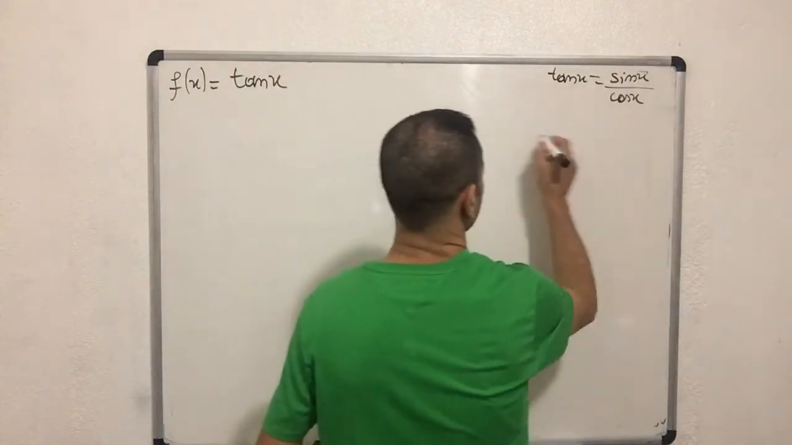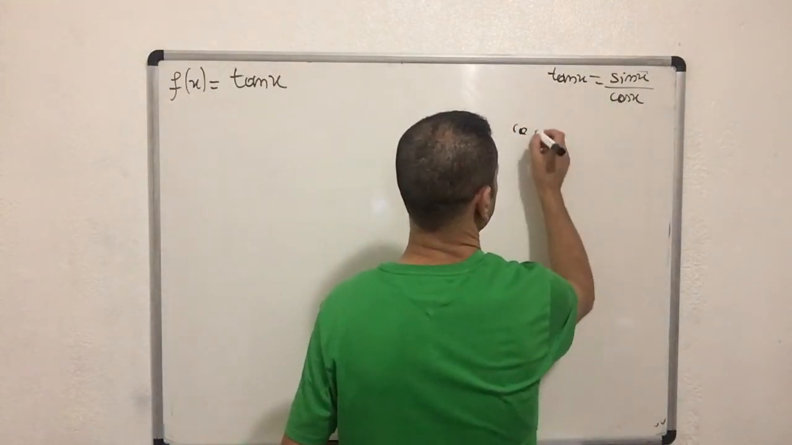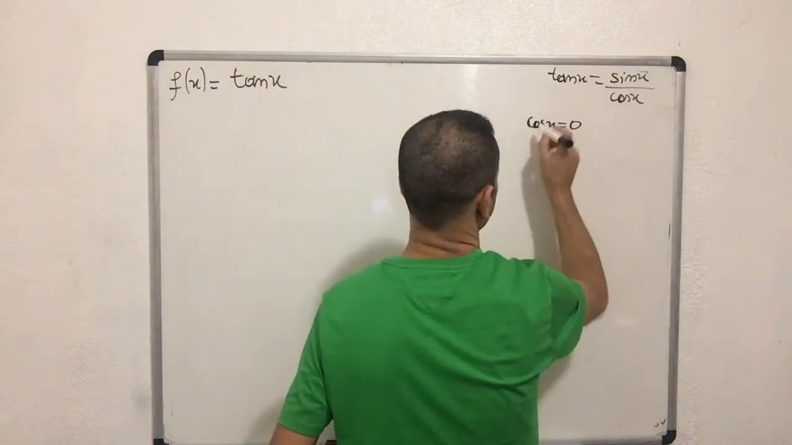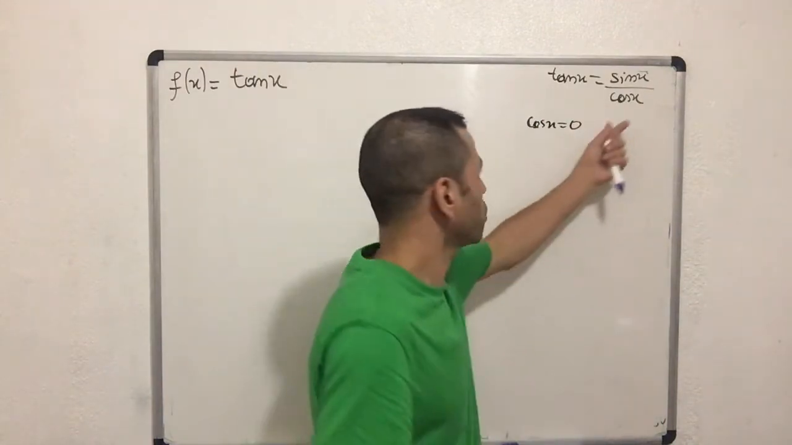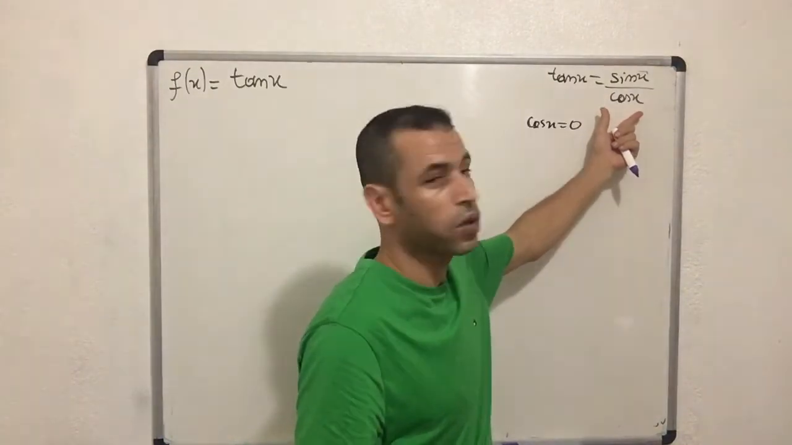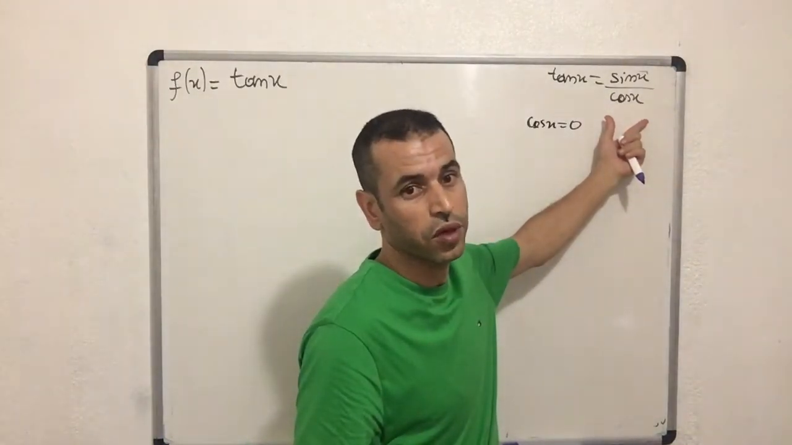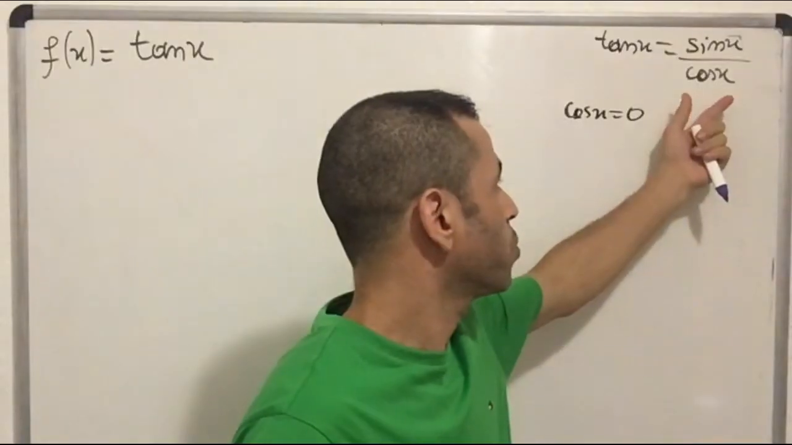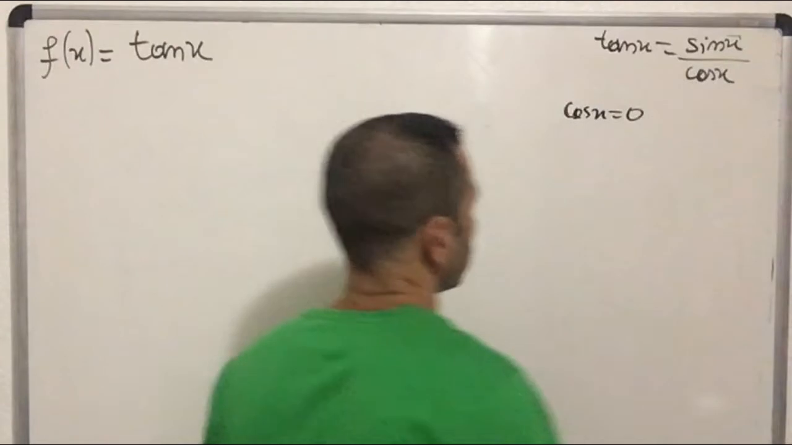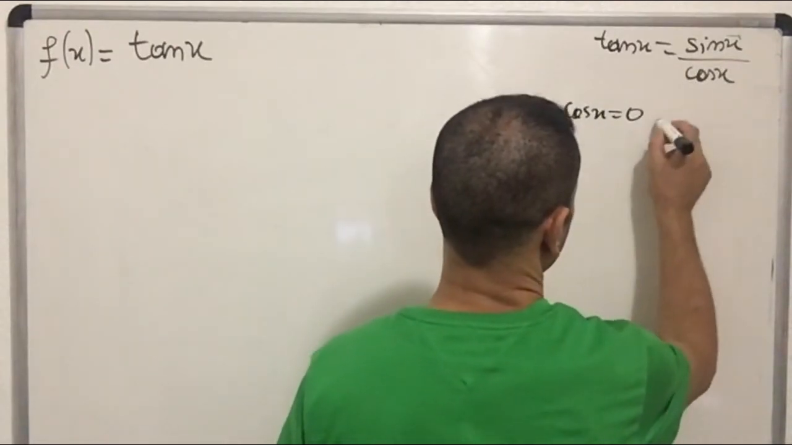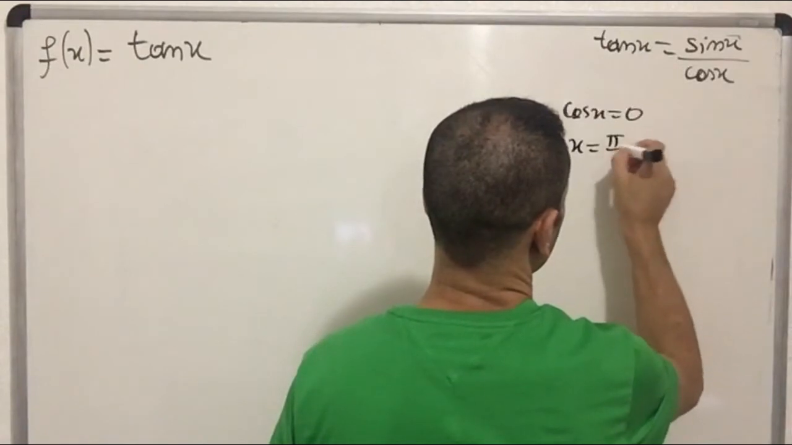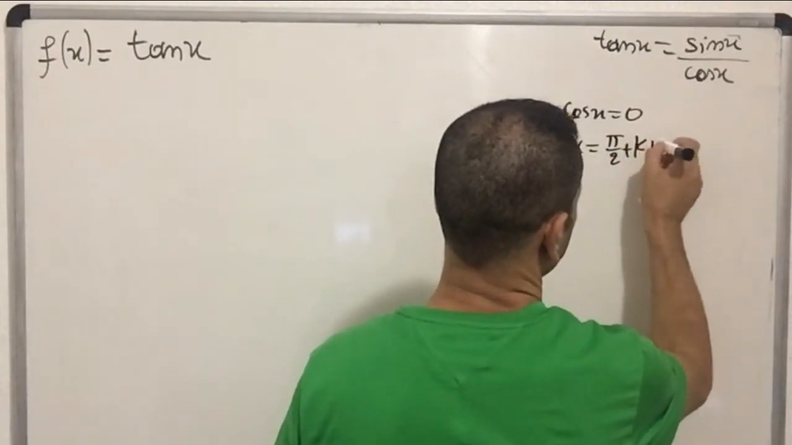So if you want to solve this equation, cosine x equal to 0, it is a problem in this case for the tangent because you cannot put the 0 in the denominator. The denominator cannot be 0. So cosine x equal to 0. That means, if you are going to solve this equation, x equal to pi over 2 plus k pi,